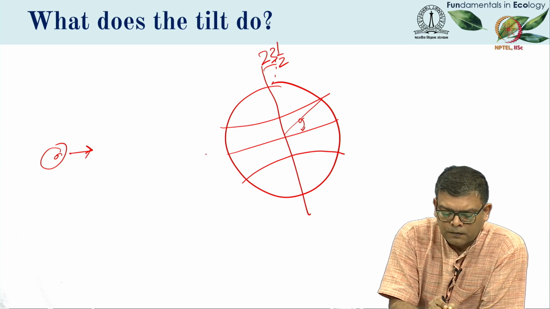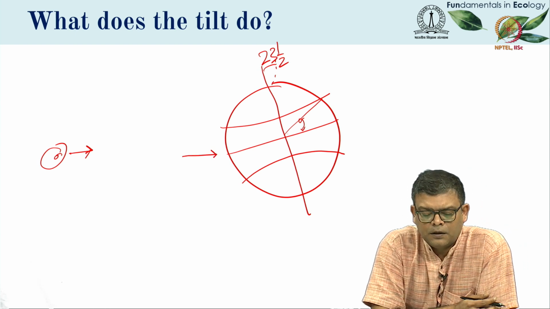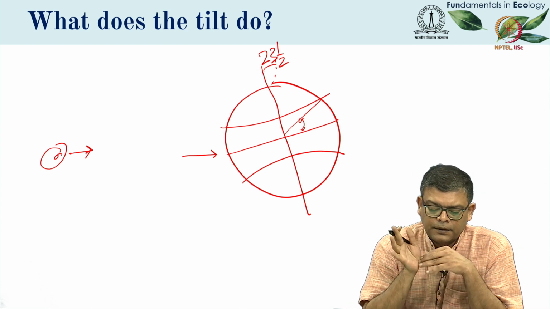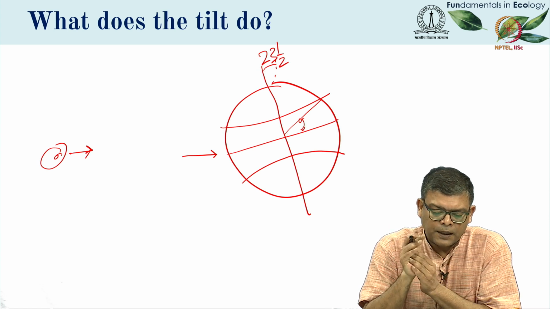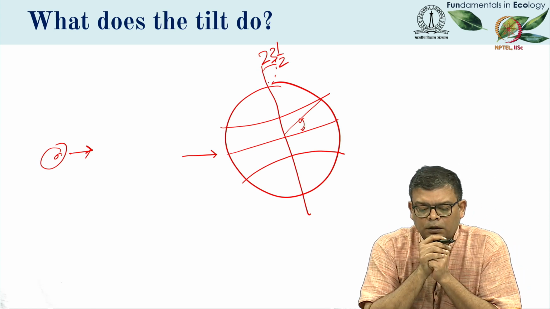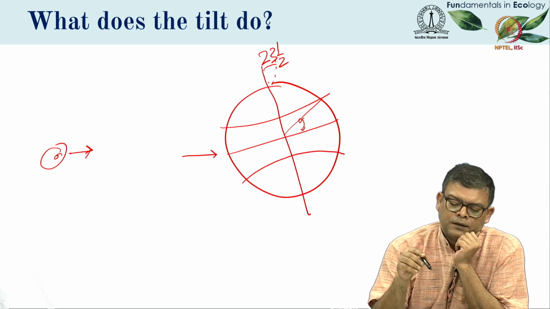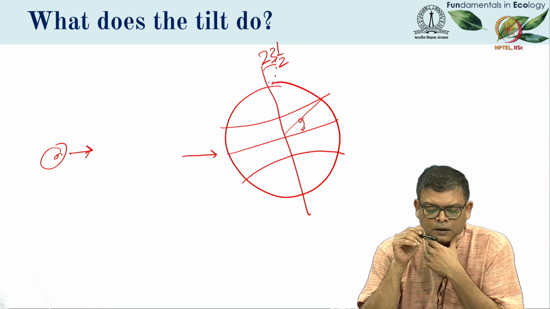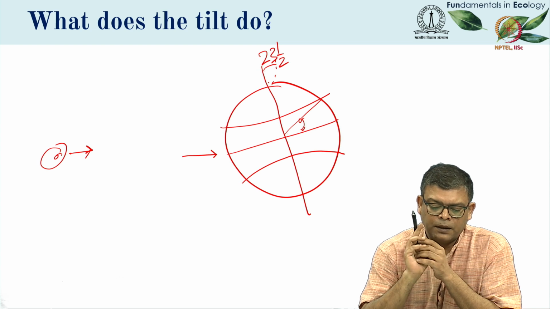Now, one thing that we should realize is that because of the tilt, the amount of radiation received per unit area is higher near the equator, and as we go further away from the equator, the flux, or the density per unit area of light energy received by us, begins to decline. In fact, at the poles, if you are in the summer at the North Pole, you will barely see the sun come up beyond the horizon. It will just do a circle very close to the horizon, and it will never reach you, and you won't be able to see the sun directly above your head.